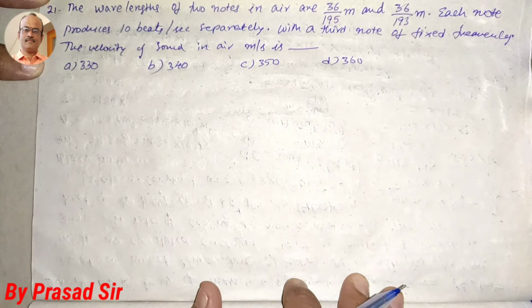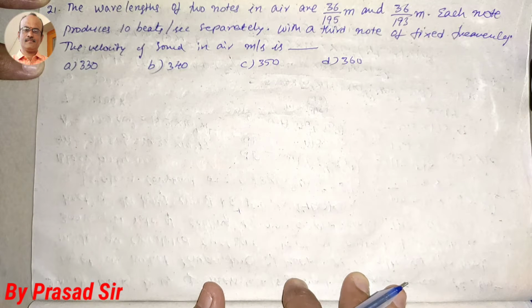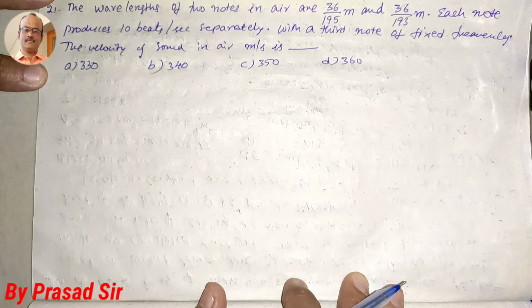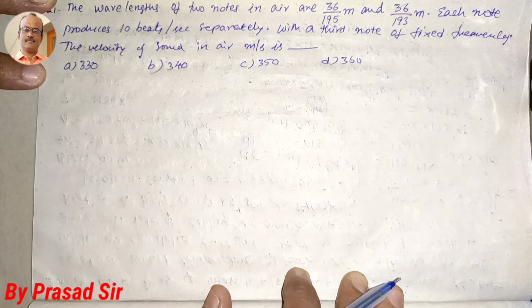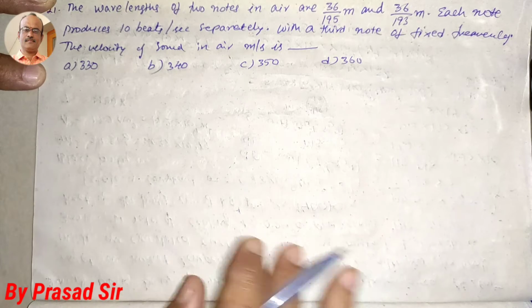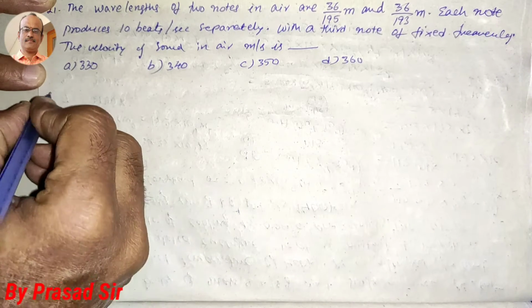Now the question number 21. The wavelengths of two notes in air are 36/195 meters and 36/193 meters. Each note produces 10 beats per second separately with a third note of fixed frequency. So the velocity of sound in air, in meters per second, is how much? So first of all, given here